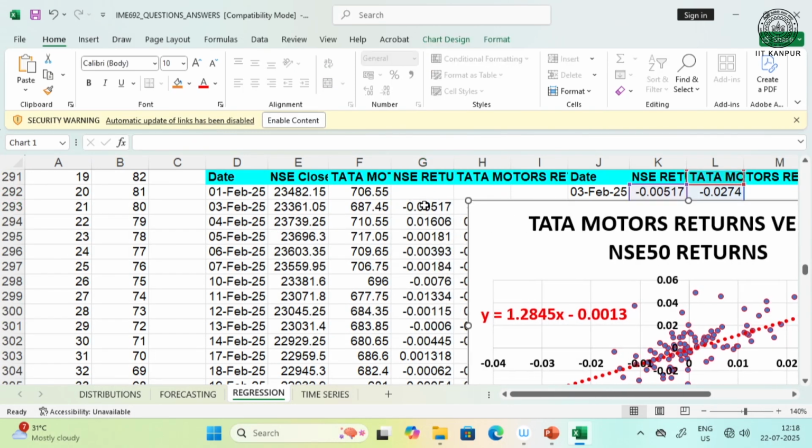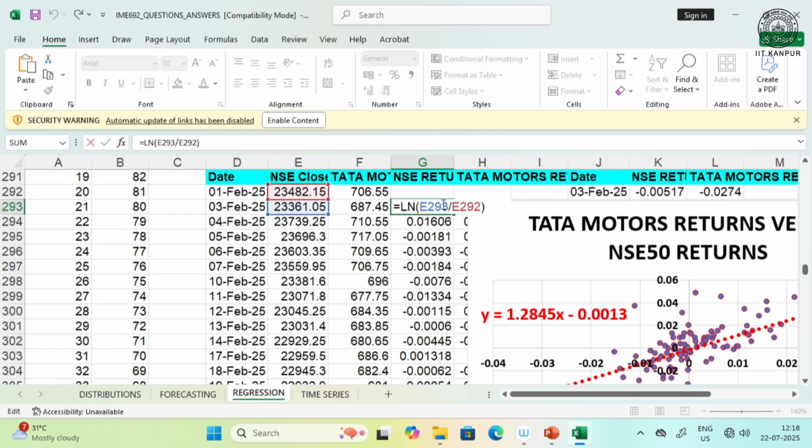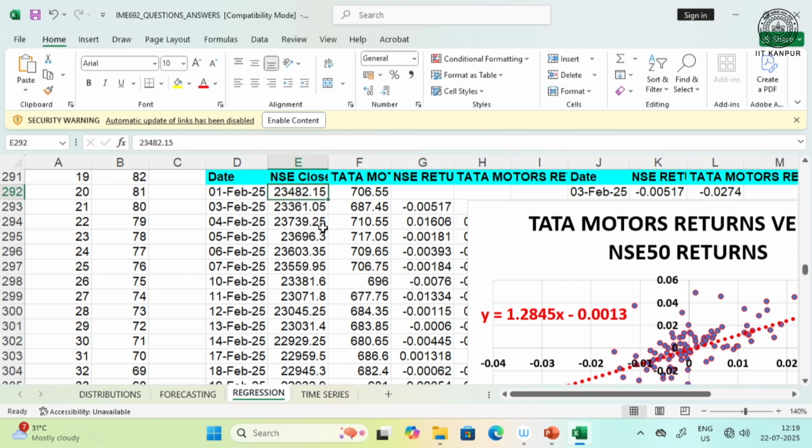If you click on the first element, it gives you the natural logarithmic value of P2, which is P2 for NSE I am finding out, and the price is given as 23,361. I am not reading the decimal. So, it is ln of 23,361 and the denominator which you have is 23,482. The value of R comes out to be minus 0.00517, which is given in the cell